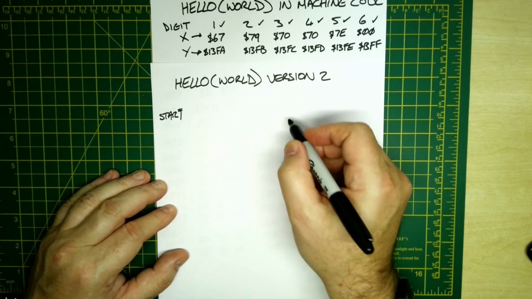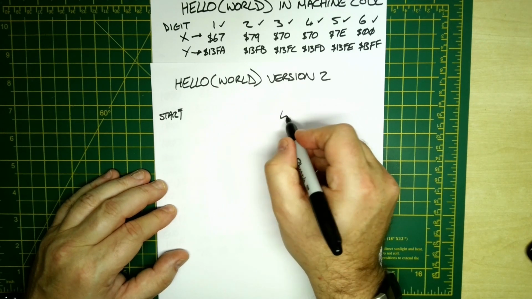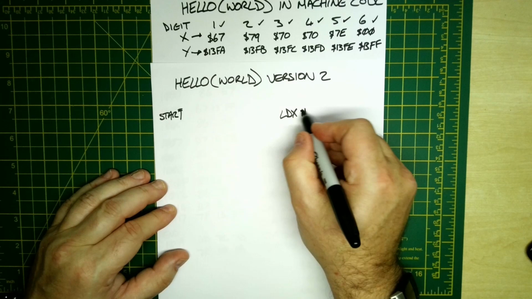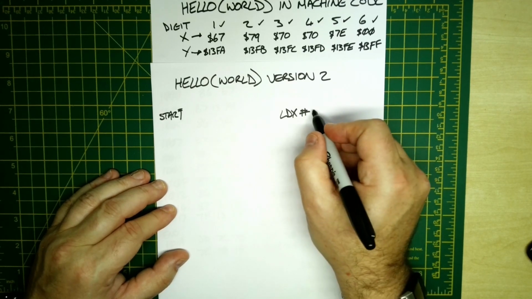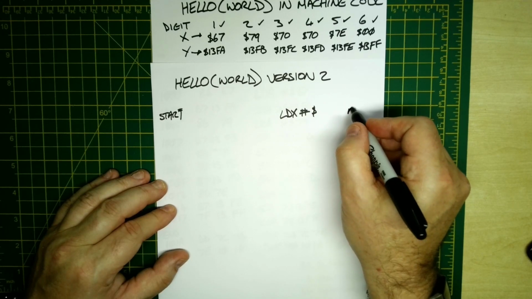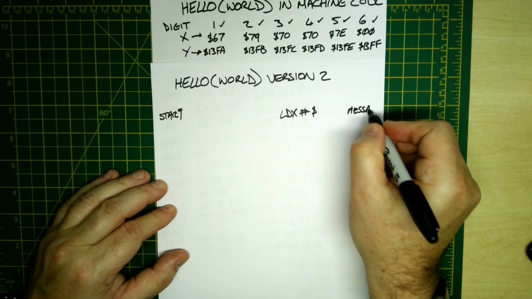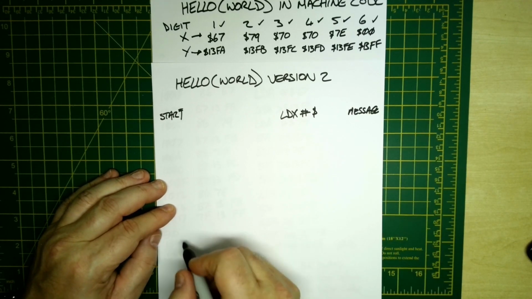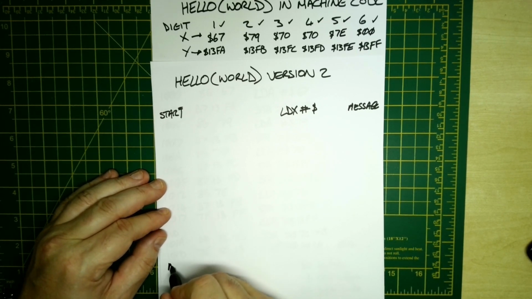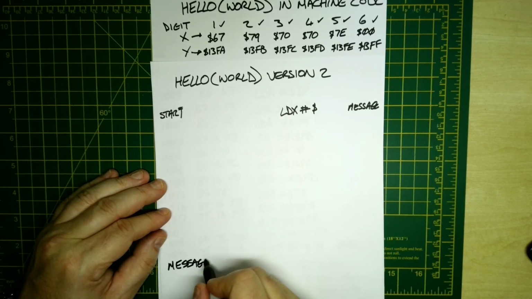What we need to do first of all then is the X register. We need to load X, and we're going to load it with an immediate value. That is the value that comes after it, and we don't know what that value is. That's going to be the message. So that's message. And what we're going to do is put message down the bottom here. So we'll just do that now, shall we? Message, and we'll allocate an address for that at some time.